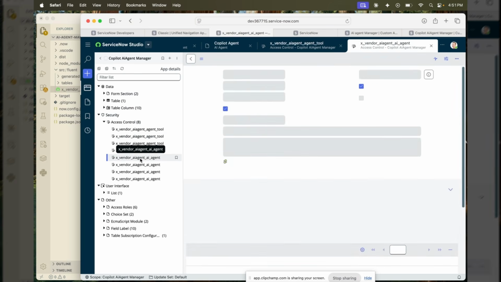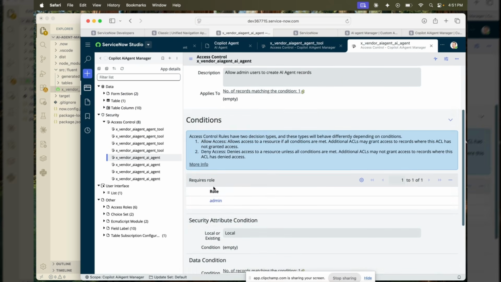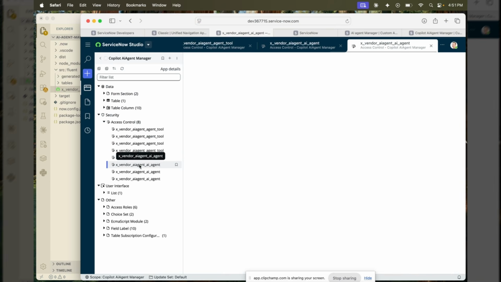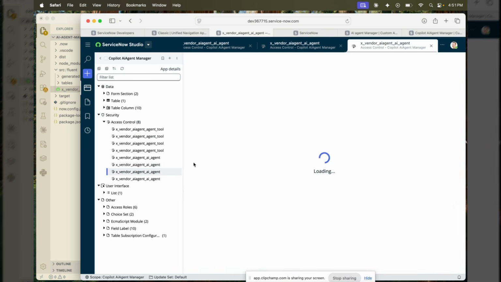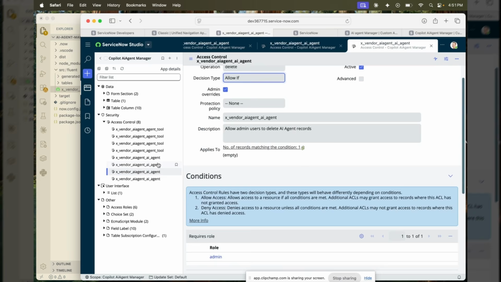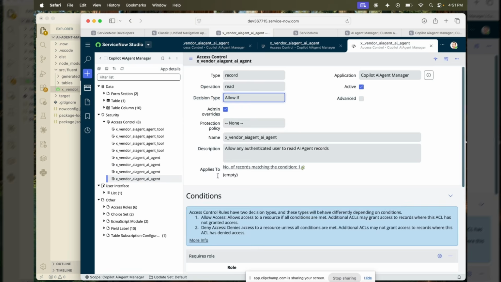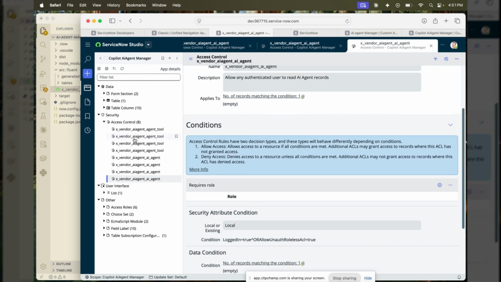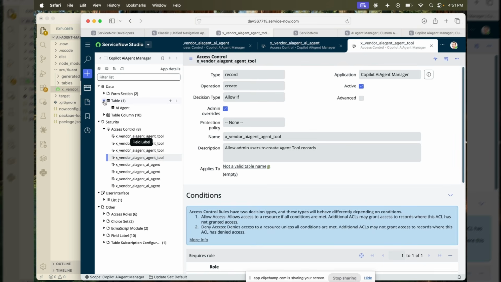for some reason. Okay, so this is on the AI agent table. Create is only admin, write is ITIL. Delete is admin. That makes sense. And read is anybody who's logged in. That makes sense. There is another for the agent tool table, but we don't have that table yet. So that's fine. It created the applications, and